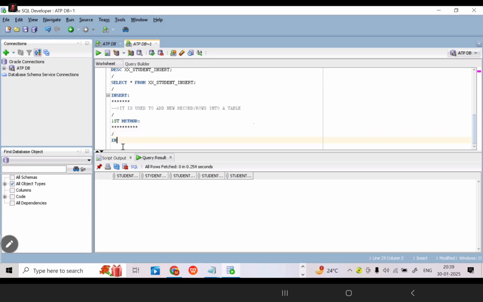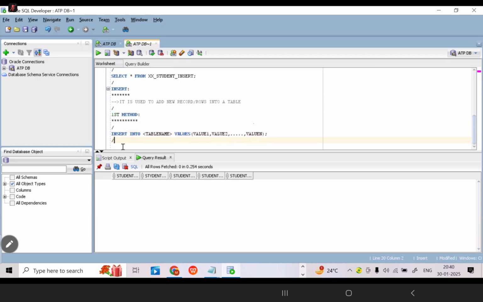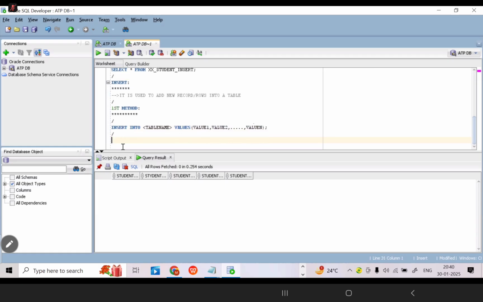This is the syntax only. Insert into table name values. Now here, open the bracket, value 1, comma value 2, and so on, value n. This is the syntax of the first method by using the insert command only. Okay. Now, for example,